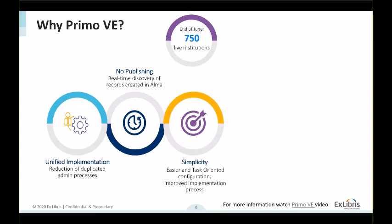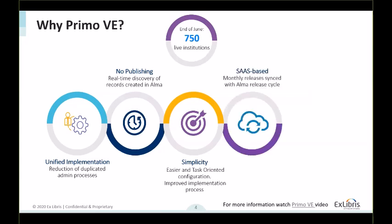Configuration of a feature is done in one page and not in several pages. Like in Primo, it's a task-oriented configuration. So it's really easy and simple to configure features in Primo VE. Primo VE is also SaaS-based, which is on the higher education platform and gives us better synchronization of products. So, for example, development in Alma is synced with Primo VE on the same release date. It's easy for us to release features in this way, and because it's monthly updates, it gives us the ability